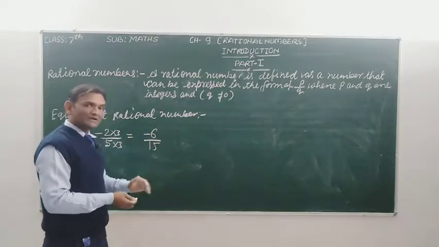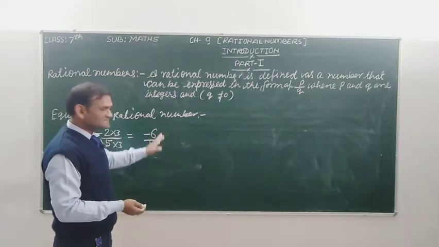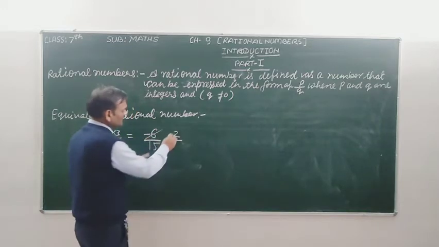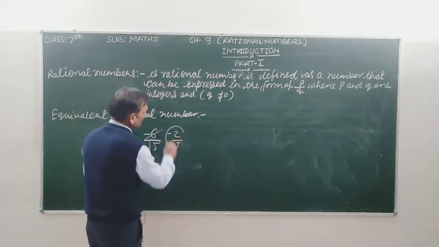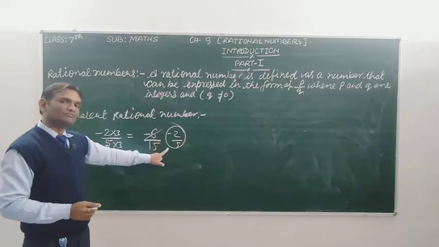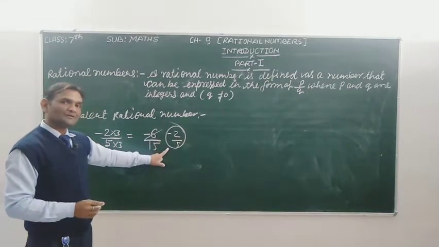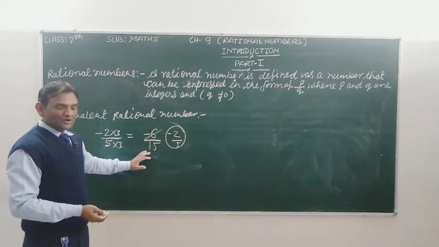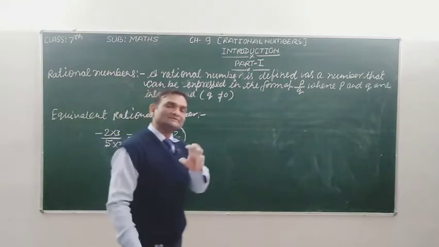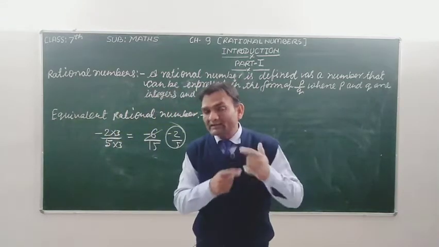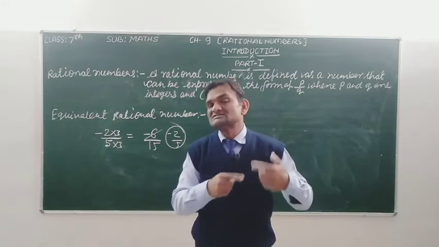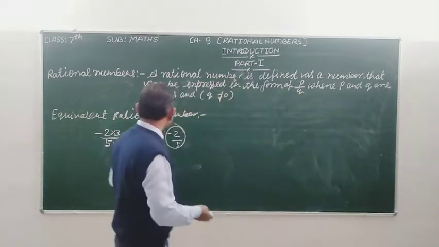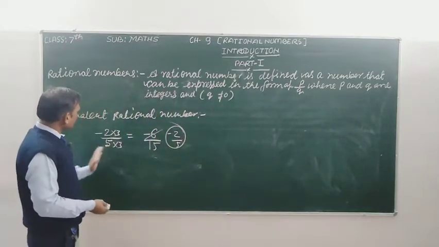You can make the simplest form or standard form. Both numbers are in the table of 3. So we can divide 6 and 15 by 3. So 3 2s are 6, that is minus 2, and 3 5s are 15. At last we are getting minus 2 upon 5, by writing the simplest form of the minus 6 upon 15 rational number. So student, in this way you can say that for finding the equivalent rational number, we multiply by the same number in numerator and denominator. In this way we can find many equivalent rational numbers of minus 2 upon 5.